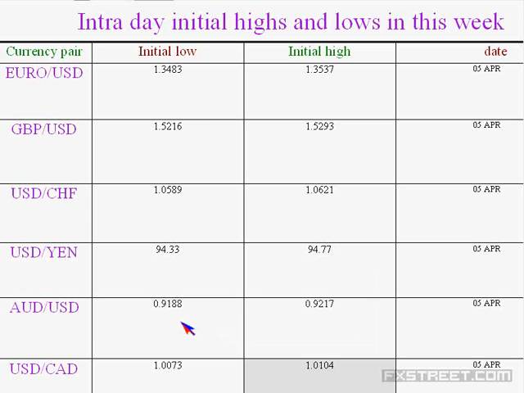Then Australian dollar 0.9188 is the low, which is intact. Then 0.9217 is the high, and again here you come across a subdued move, but the net change is showing about 22 pips positive. So you can understand that on Friday, what they showed as the USD gaining move after